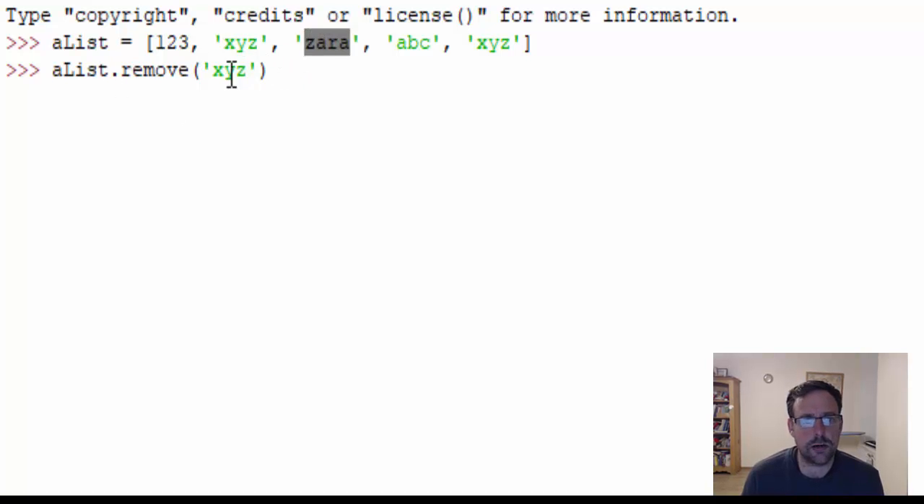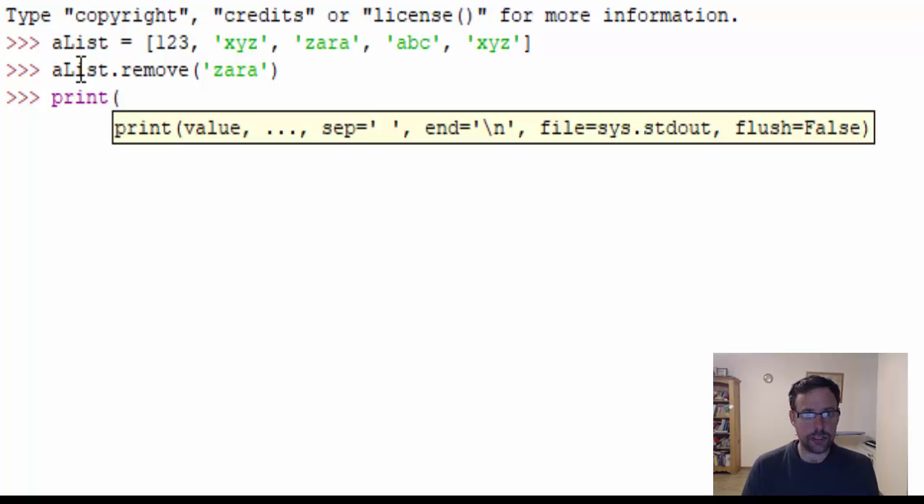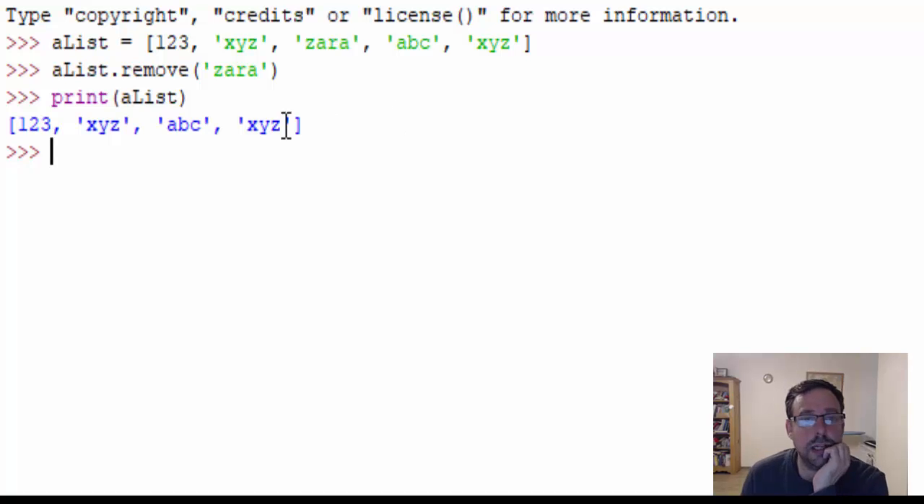So we're going to remove, let's remove Zara. Chuck it in there. And then we can print. See how that's worked. Print a list. Bang, and there we go. We've removed Zara. Wonderful stuff. So this looks like it works quite well. So that means that we need to use it for our list. Let's copy that